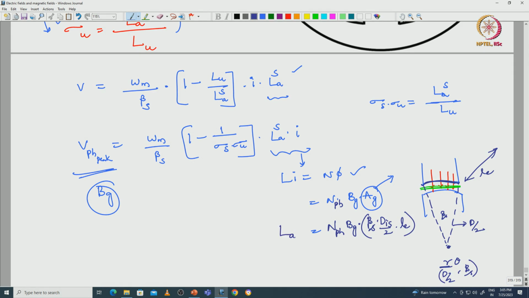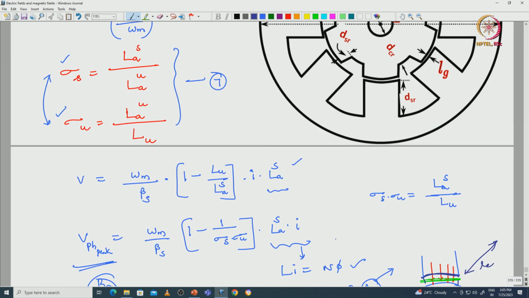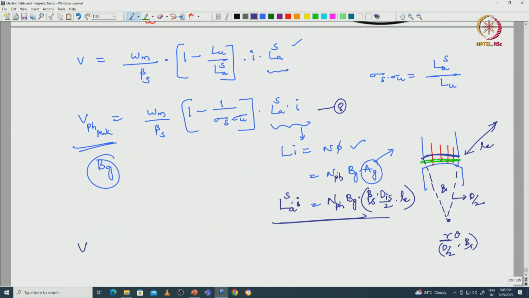So, this is nothing but La, the inductance with respect to the aligned condition and saturated position or saturated region, into I equals this one. Substitute this equation in the voltage equation,